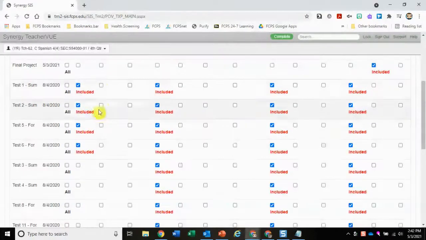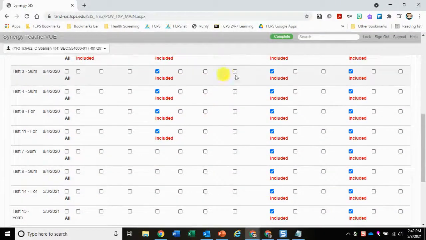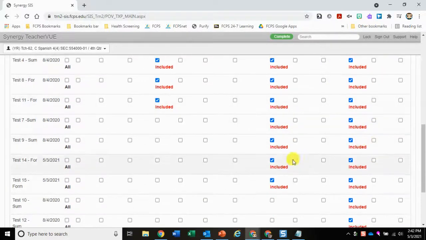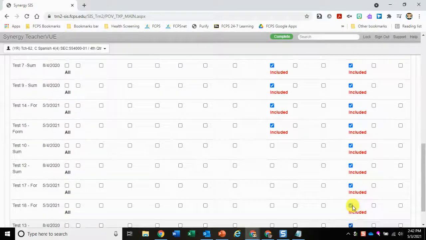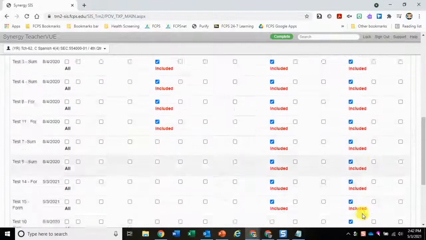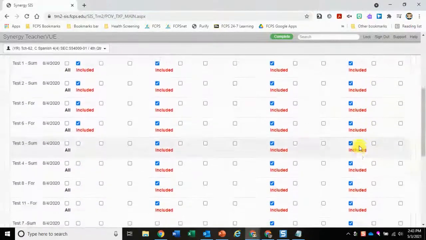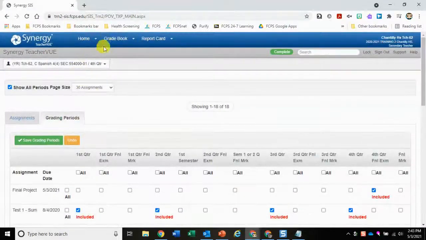But your other activities are counted, like these are first quarter assignments, and they count for first, second, third, and fourth quarter. And now I've got my second quarter assignments, and they're carried through third quarter assignments, and then finally fourth quarter assignments. The bottom line is that you want to make sure in a rolling gradebook that all of your assignments count in fourth quarter. So once you've checked that and you know that your assignments are good, you're going to go back to your